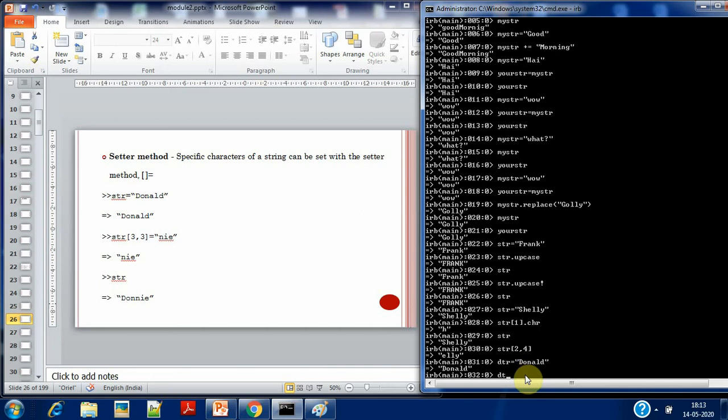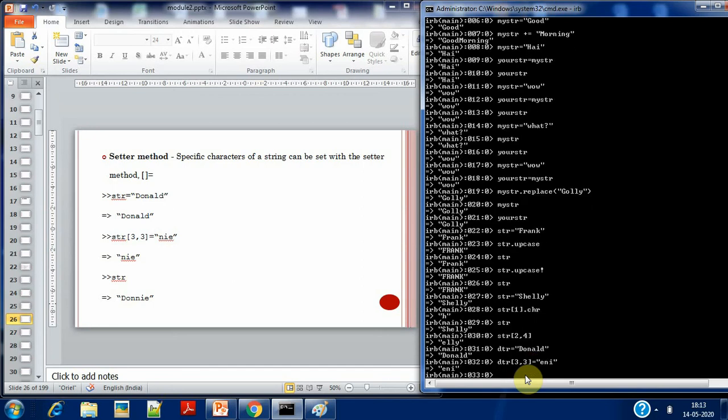Now in dtr we'll do 3 comma 3. We are going to change the characters, equal to some ENI.